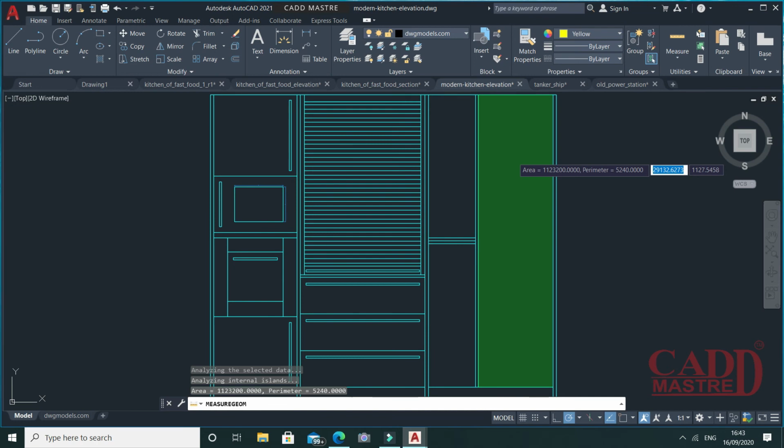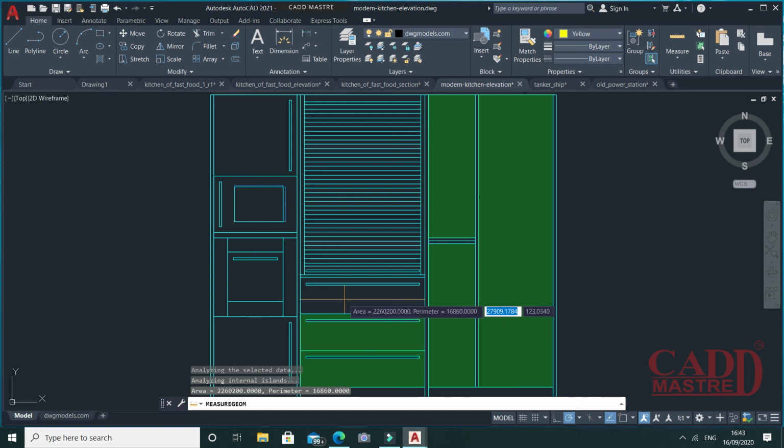Now the best thing about this feature is that if you want to measure multiple areas, then just use the Shift button and select the other area which you want to measure. So likewise, multiple selections can be done by using the Quick tool. If you want to deselect an area, just select the area which you want to deselect.